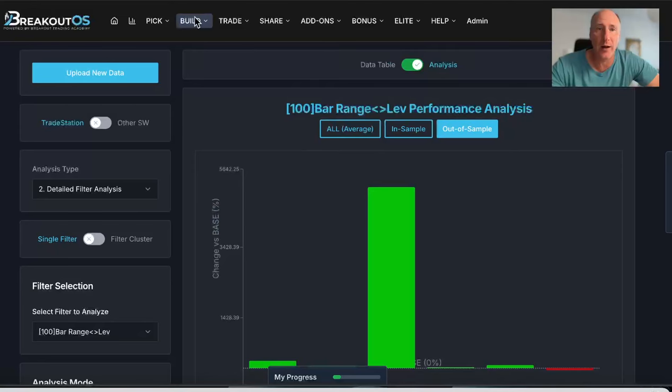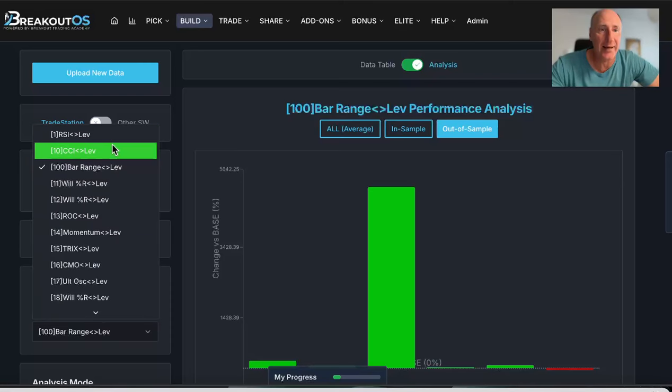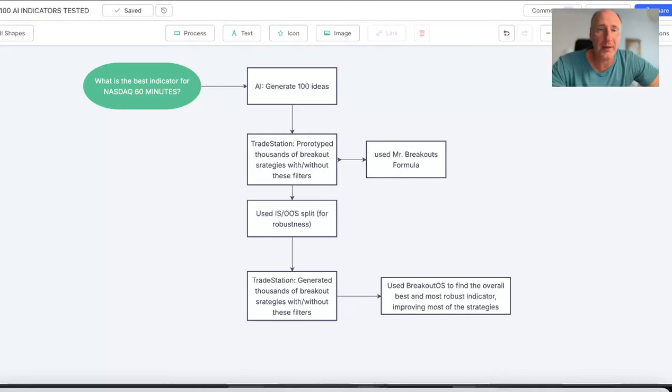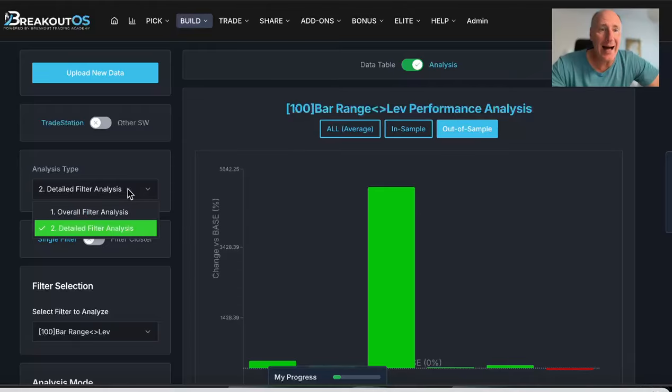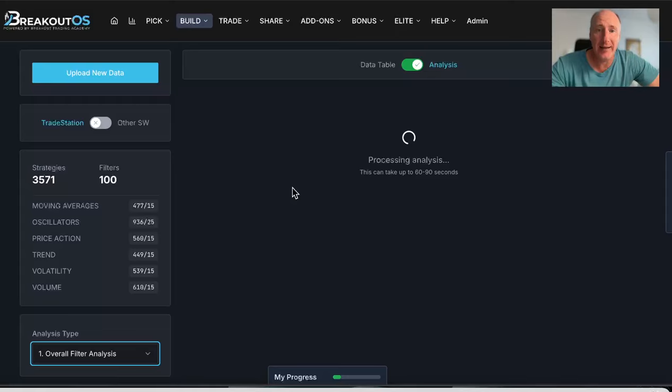So again, what we confirmed in this incredible study with this complete framework among 100 different indicators, and again,